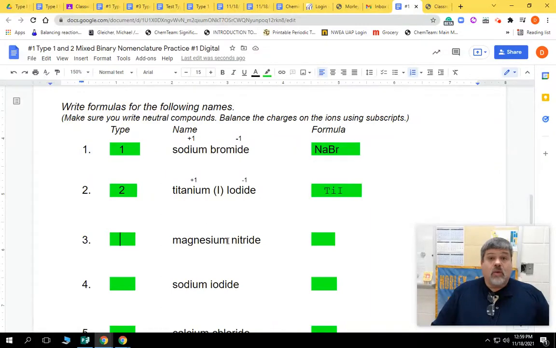We go to this one here. I see magnesium, no Roman numeral, so that means it's type 1. Again, we go through this. We put the charges in. Magnesium is a +2, nitrogen is a -3, and since they don't cancel each other out, we crisscross. We put a 3 right here and a 2 right there. When we crisscross, we always ask the question, can we reduce? In this case, we cannot reduce or simplify. So we put Mg for magnesium with a subscript of 3, and then put our nitrogen in there with a subscript of 2. And that's it. Hope you understand how